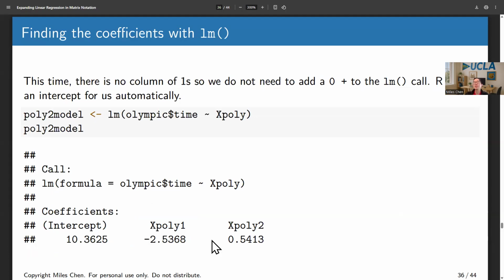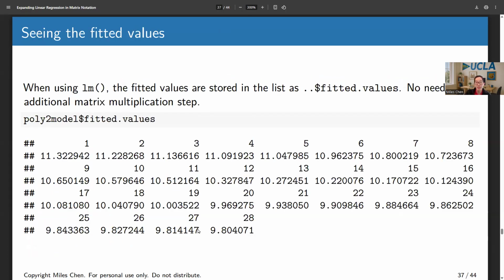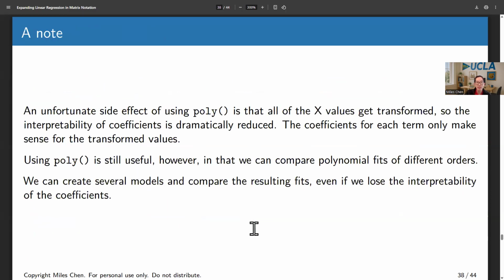So every time you do another step of abstraction, you lose a little bit of that interpretability. But when you use poly, you're not actually going to be using those coefficients directly. You're just trying to see, are these terms significant? You can still get fitted values. LM stores the fitted values, and we can do that,